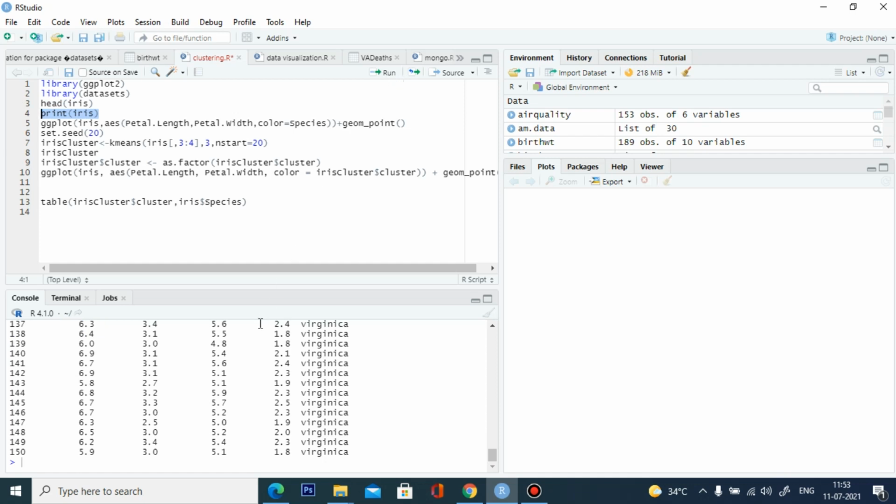So here we have 150 observations with 5 columns: sepal length, sepal width, petal length, petal width and then species.